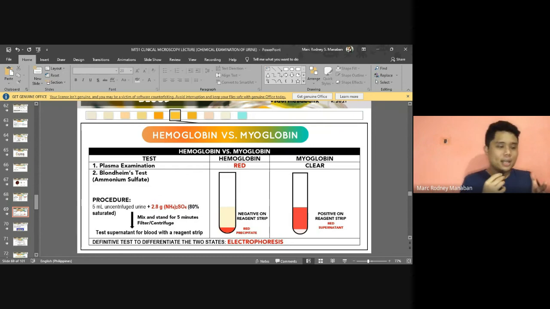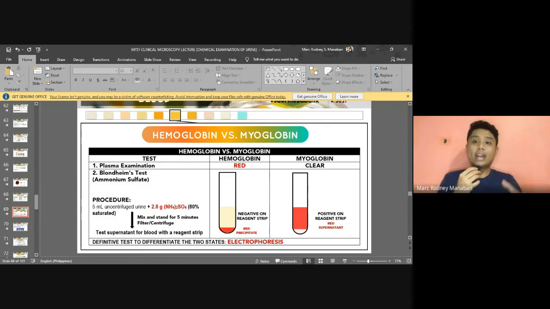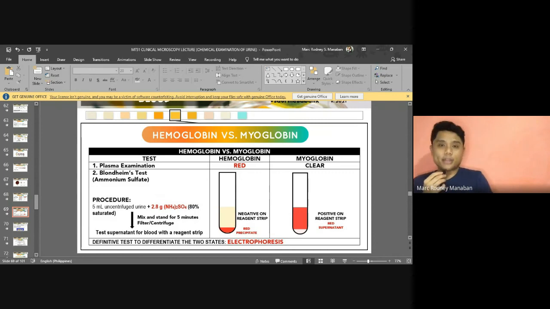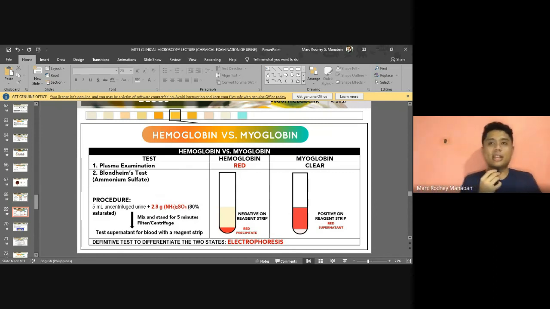So sa buhaton sa laboratorian, pwede siyang mo-collect no, og sample and check for plasma of the patient. And if the plasma is clear, then the cause of the clear red urine of the patient is myoglobin. Pero if the plasma of the patient is red, so the cause of the clear red urine of the patient is hemoglobin. Okay, all right. Now